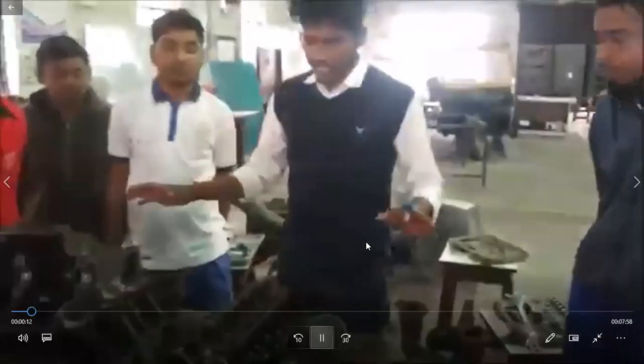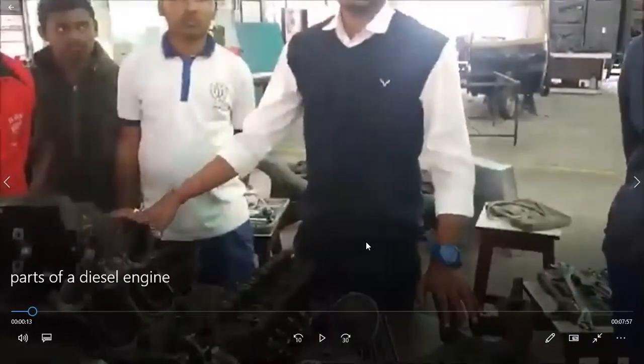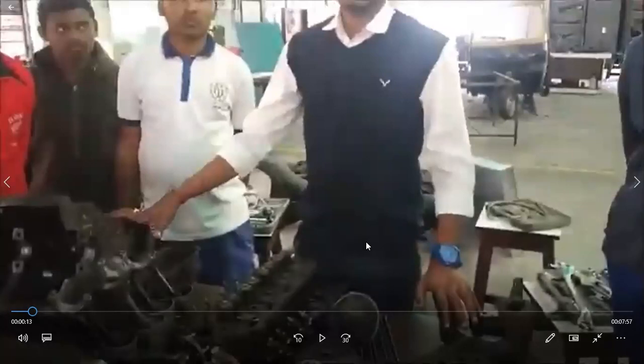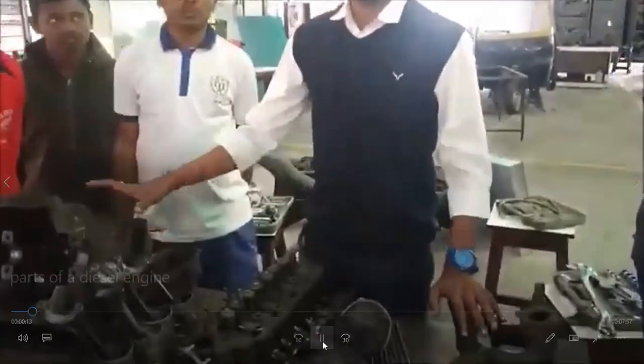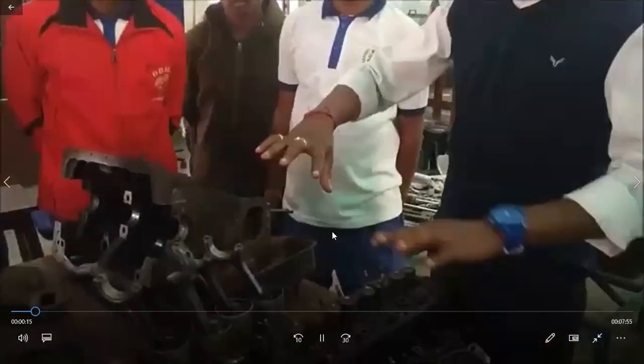And if you undercool it, if you are cooling it less than what is required, then what will happen? The engine temperature will rise, and there will be vibrations. The working will not be proper if the temperature rises to a very high stage. So it has to be optimized properly. It has to be kept in a proper range. So see, all the other parts are the same.